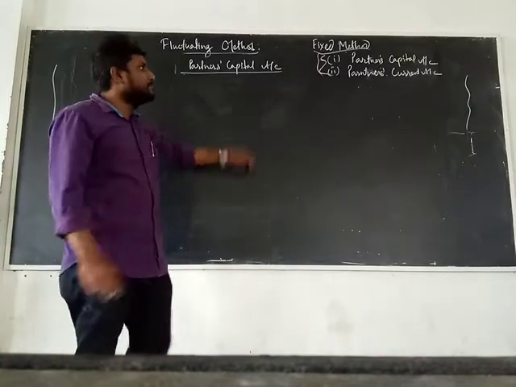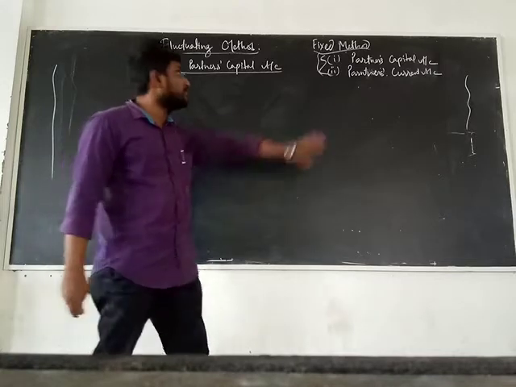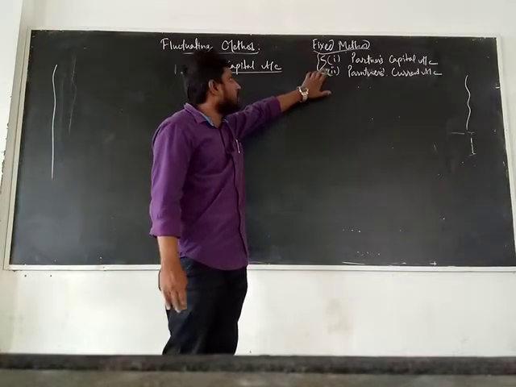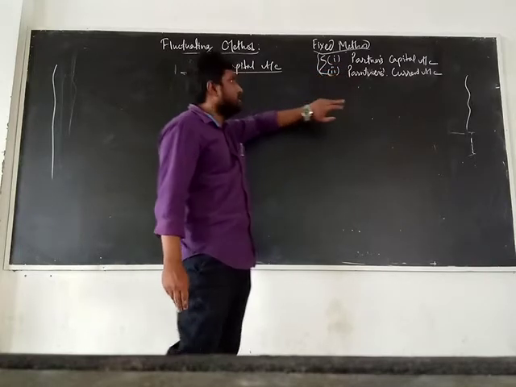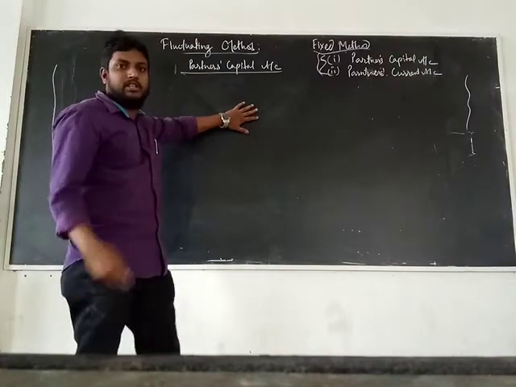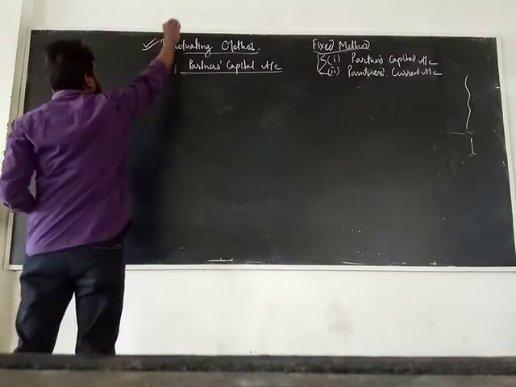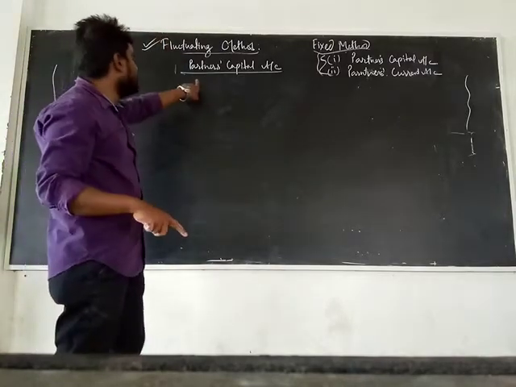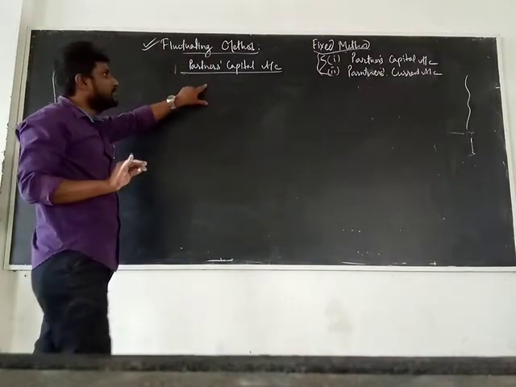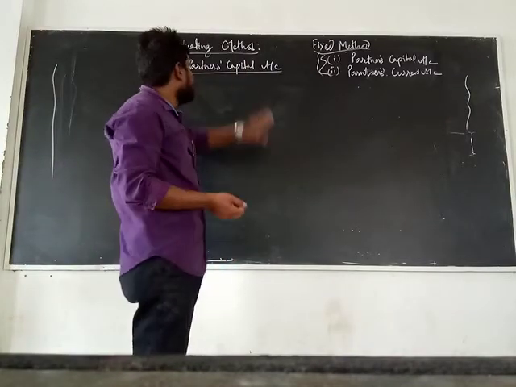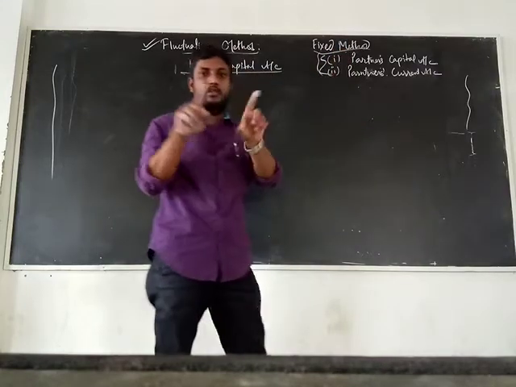And once again I am repeating, most of the time in the question it may be mentioned that you have to follow the fixed method. Then you have to prepare these two accounts. But if it is not given in your question which method to follow, fixed or fluctuating, then we shall follow this method only. That means we will prepare only one account, that is your partner's capital account. Got it? This account is nothing different from these two accounts; we get it by merging these two into one format.